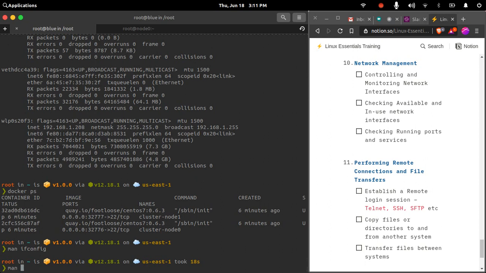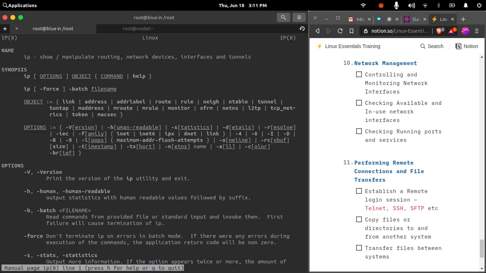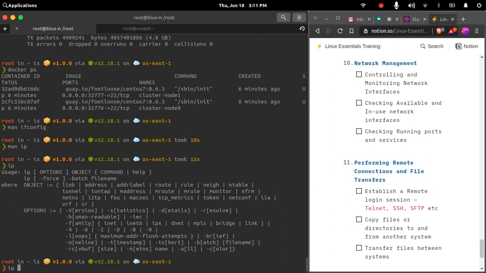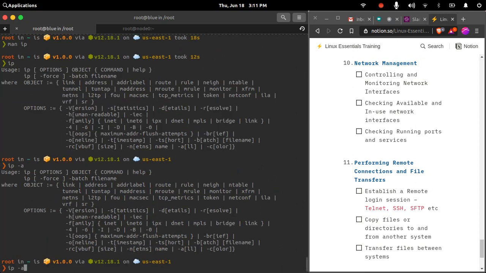Similar to ifconfig, there is also a command called ip. It gives you the details of network interface cards and provides options to configure those NICs, and it is a replacement for the ifconfig command. ip is a new command which will be replacing ifconfig in future.